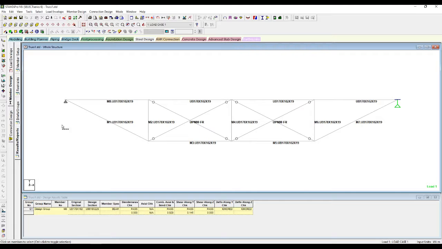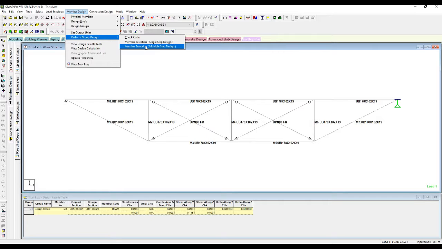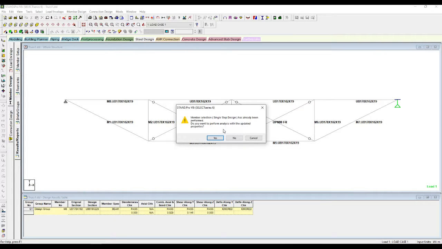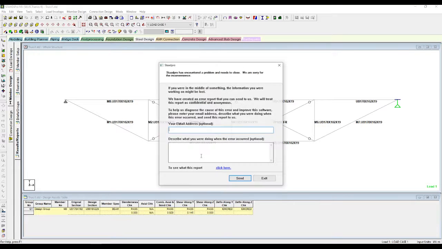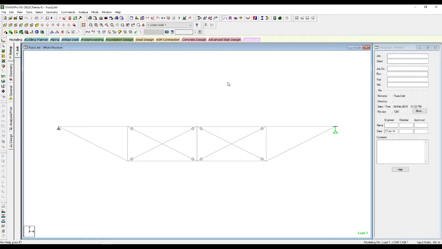You can change it manually, or you can let STAAD change it for you. So if you go perform group design, member selection, multiple step design, and I want to do the design with the new section that STAAD has told me is needed, I'll say 5 iterations. That would probably be more than enough for the check. And STAAD fails. Good, I'll come back in a second. Okay, so it has failed,